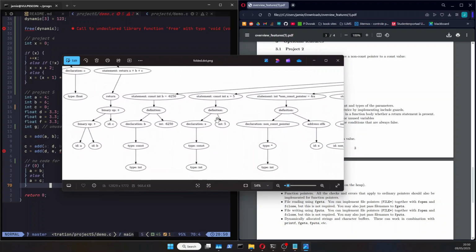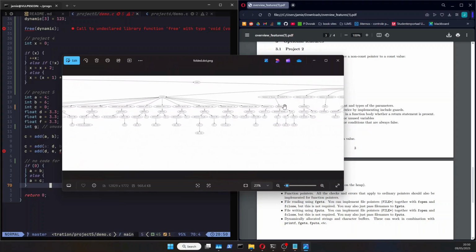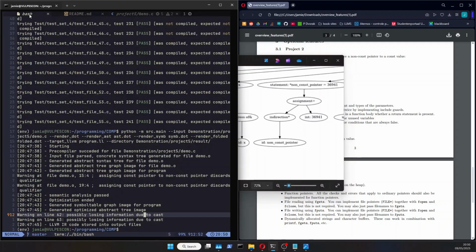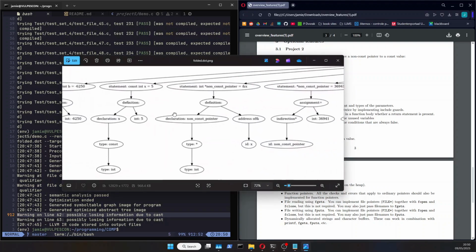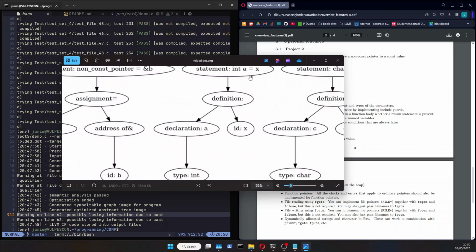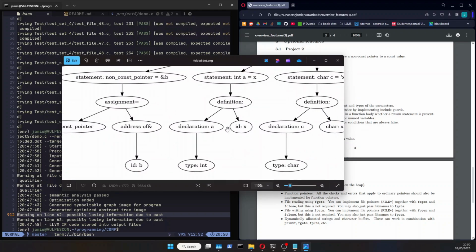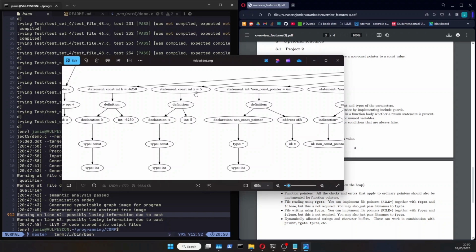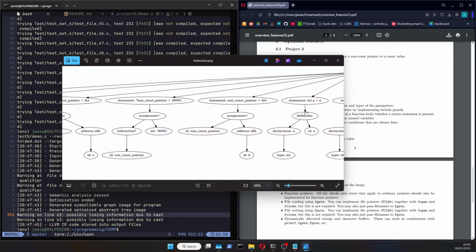Then we have the first scope where we had the const cast pointer, which, as we saw, did give a warning: the assigning const pointer to non-const discards qualifier. And as we see later here, integer a equals x. This was not constant propagated, even though x is const and defined,